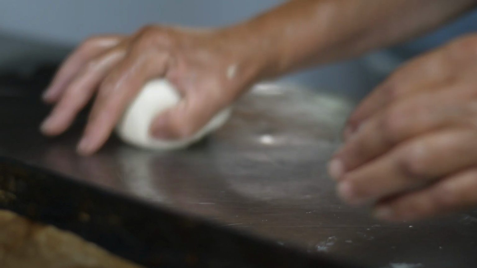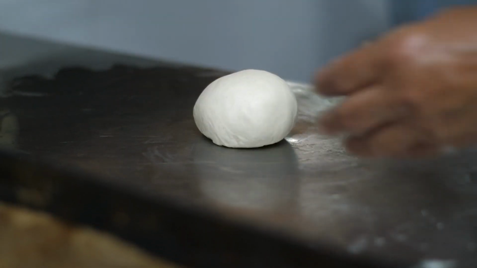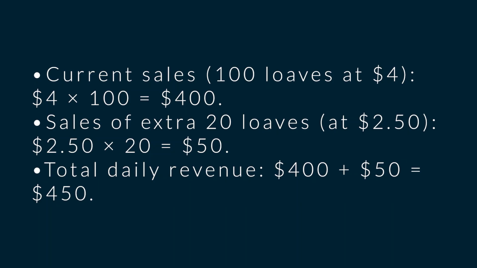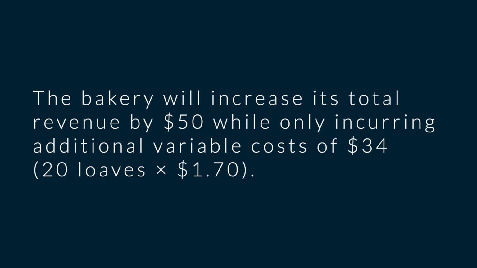But then the next extra ones, the marginal 20 extra that we are making based on the extra space we have, those ones go for 2.5. So how does this affect the business? Our current sale will be 100, the first ones, times 4, which means we're making 400. Then the extra 20, multiplied by 2.50, will give us 500, which means our daily revenue is 450, which means the bakery will increase its total revenue by 50 while only incurring additional